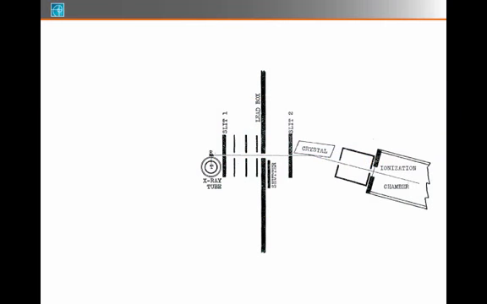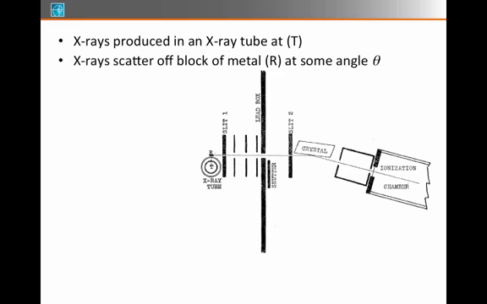This is a schematic representation of the experiment done by Compton. An X-ray is produced in the small tube marked T at the far left of this picture. So actually the X-ray tube is sending X-rays in all different directions, but in particular it's sending X-rays off toward a small block at R. And in this picture the X-rays are scattering off at 90 degrees toward the right, but in general he could have arranged the X-ray apparatus so that